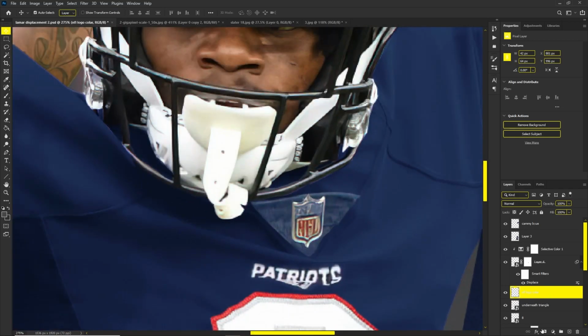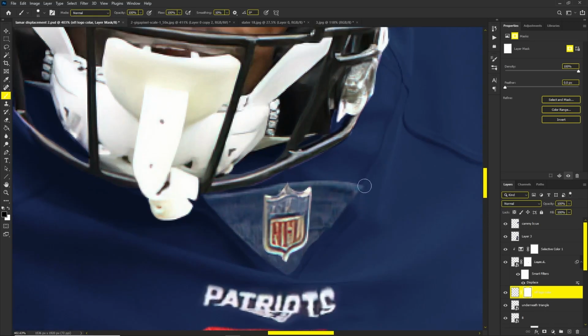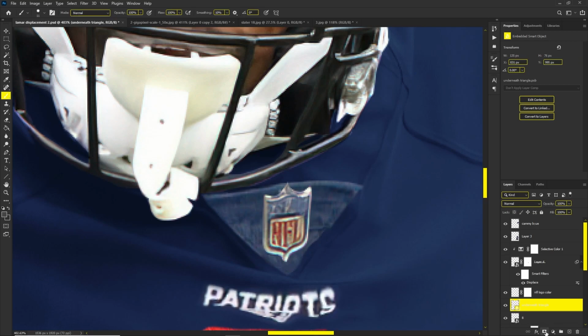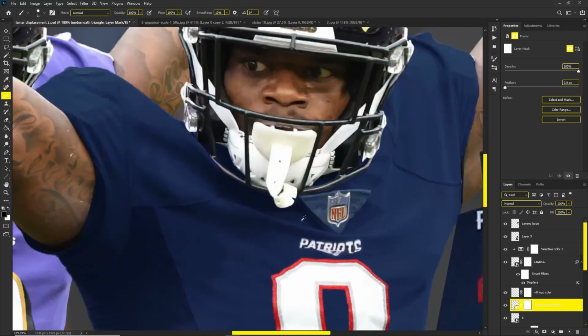Okay, so now you can just go in with your little brush on your layer mask, make a layer mask. The icon is the rectangle with the circle in the middle, and I'm just going to, well, wrong thing we put a layer mask on, and then just brush it out, some of it. All right, so just make it look clean,